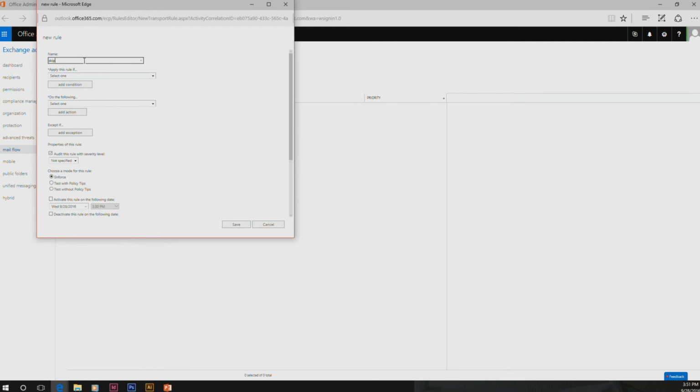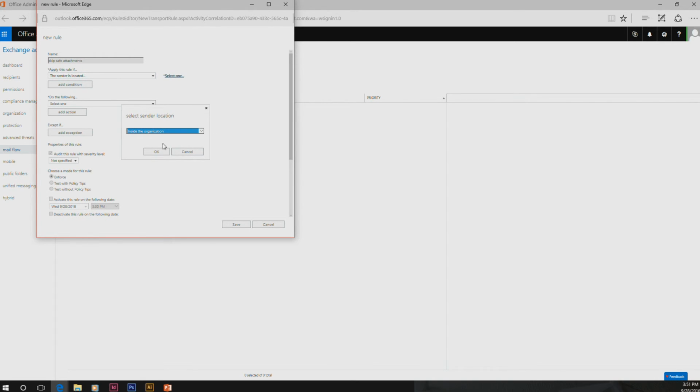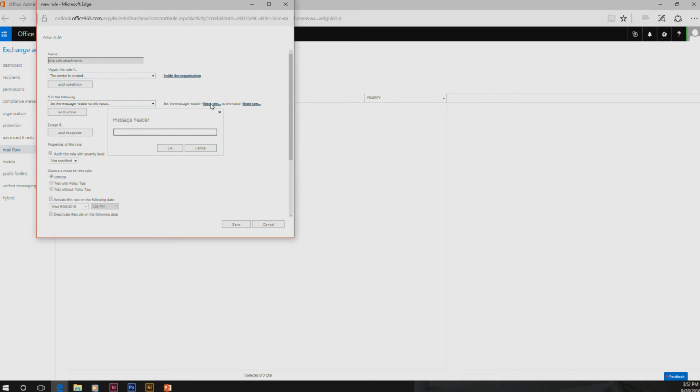So we will skip safe attachments. We're going to apply the rule based on the sender, and this is internal, inside the organization. So now this rule is going to fire for any mail that's internal mail. And what we want to do is modify message properties, and we're going to set a message header. And it's just x dot